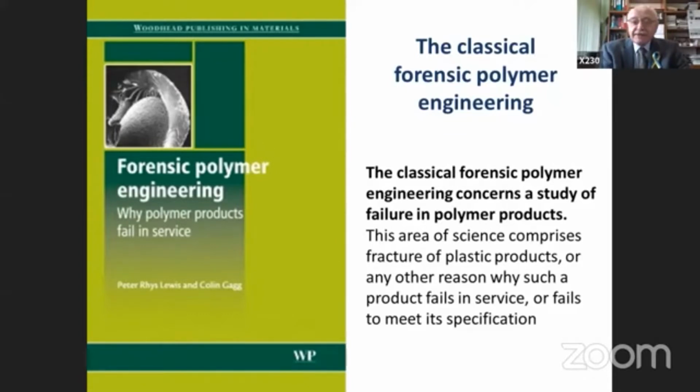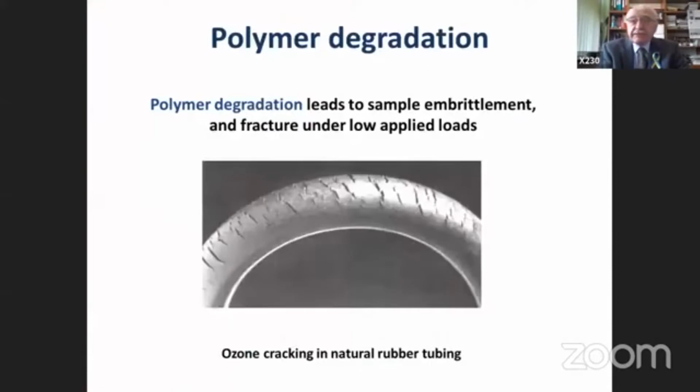However, nothing is perfect. Polymers are also not perfect, and sometimes they fail in specific applications. Therefore, classical forensic polymer engineering focuses on the question why polymer products fail in service. This was the first edition of the book of Peter Lewis concerning mostly the technological applications of this kind of materials. The oldest example of failure concerns the ozone crack in natural rubber tubing due to the aging of the polymer under the UV radiation from the sun. So this is an example of how sometimes an excellent application of a polymeric material can fail